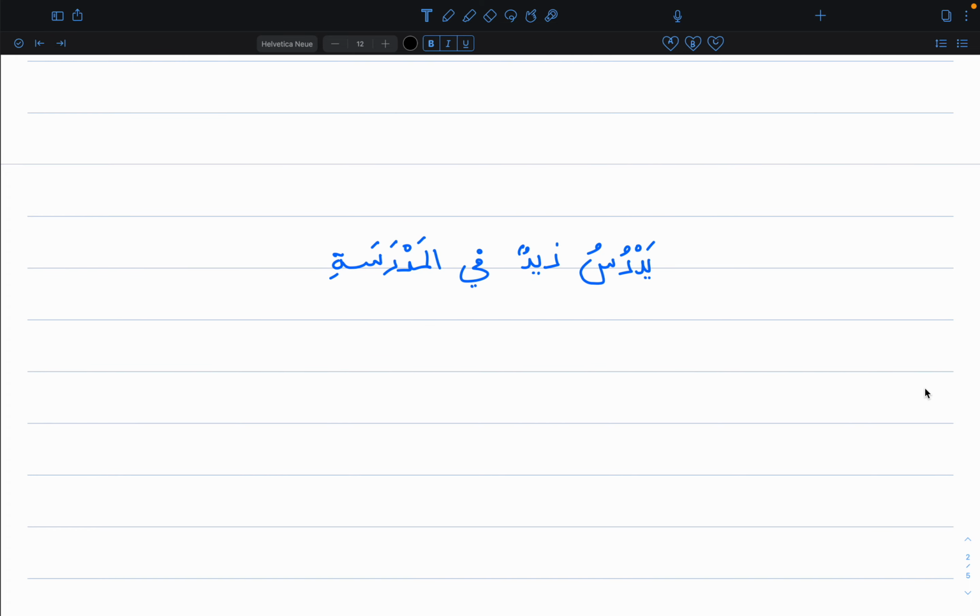Zaydun is an ism, but from its class of asma, it is a specific type of ism. It is ism jamid, not masdar, not mushtaq, right? You come across these terms very soon with Allah Ta'ala. Fi is a harf, i.e. it joins